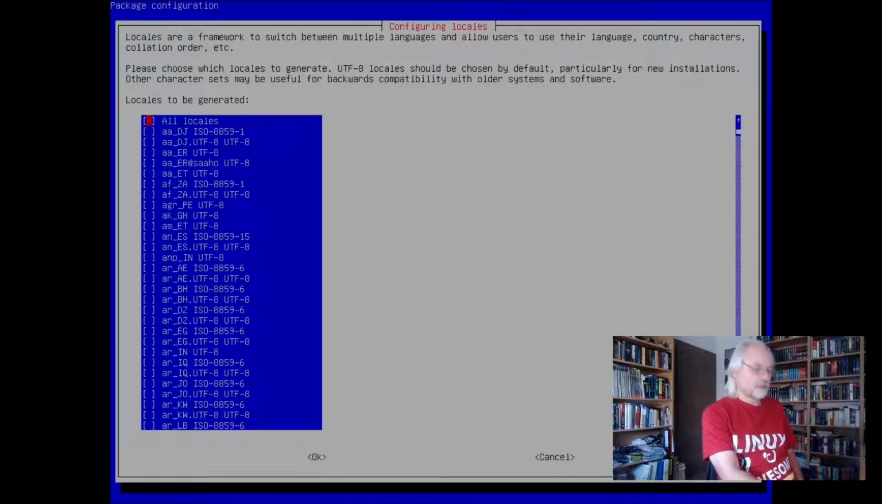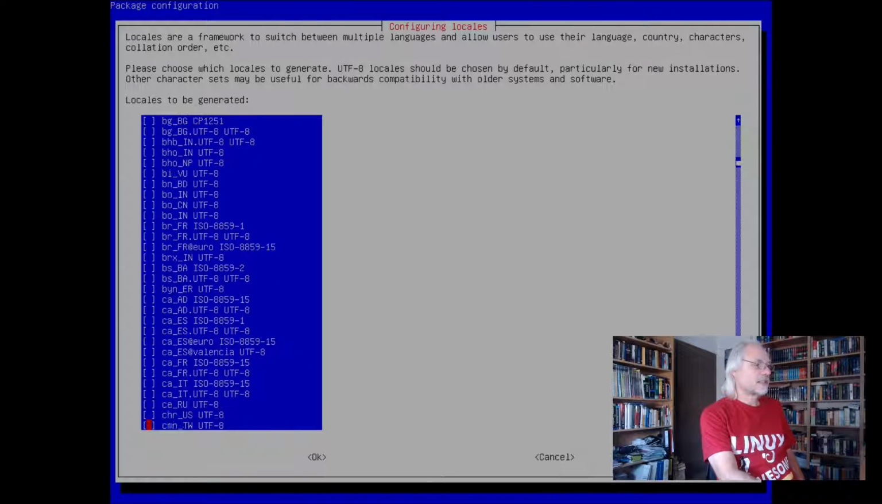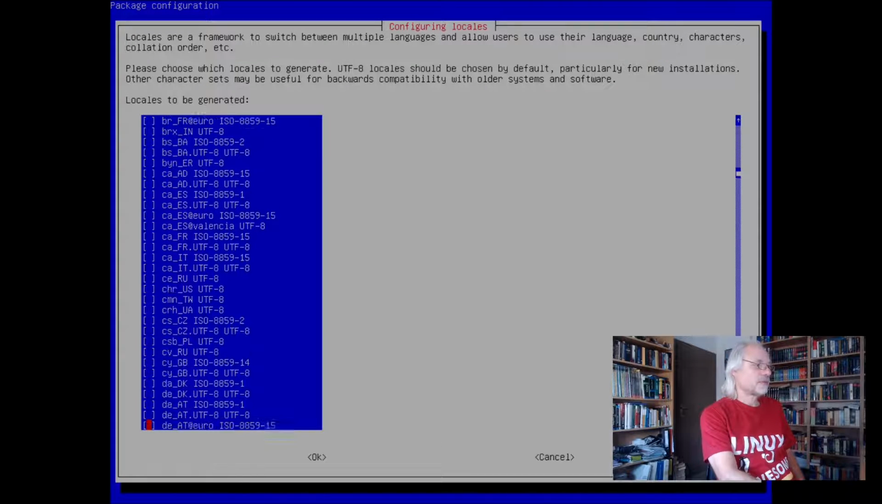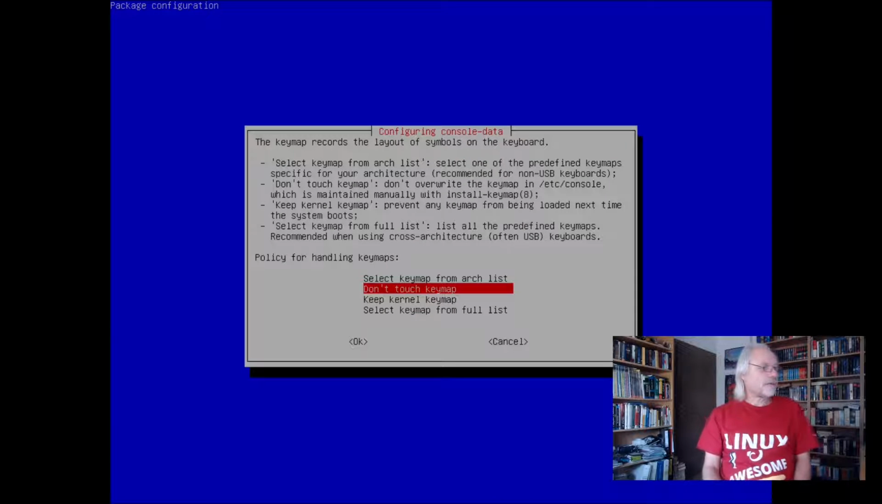So I will search now for DE because this means German. You can choose a default locale for the system environment. And in this case, I choose English because you want to see the English version. Now it's generating the locales. Don't touch the keymap. You can change